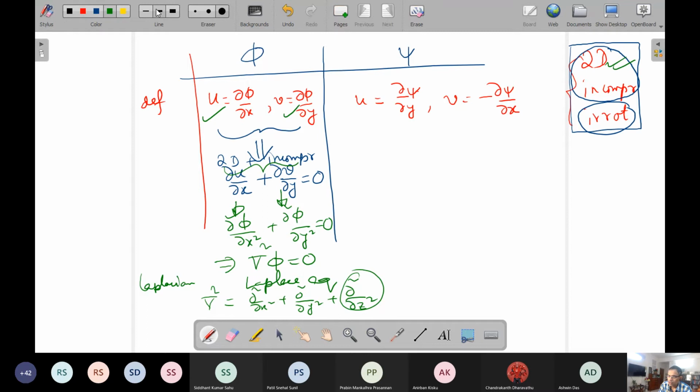Now let us come to the issue of the definition of psi. First of all, we have used two-dimensional and incompressible flow for parameterizing this equation. What we have not considered is whether this is irrotational flow or not. So if it is irrotational flow, this should be applied, or that will lead to, in the two-dimensional case,